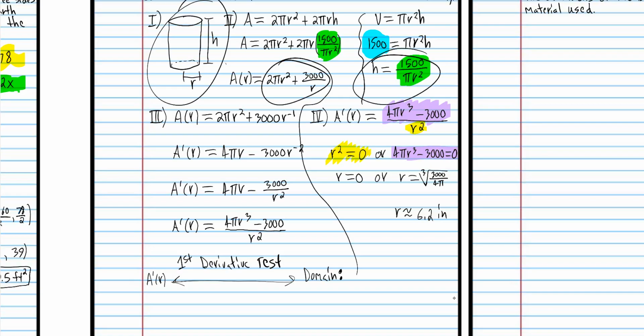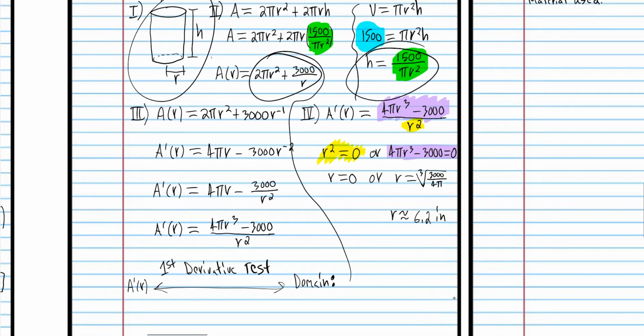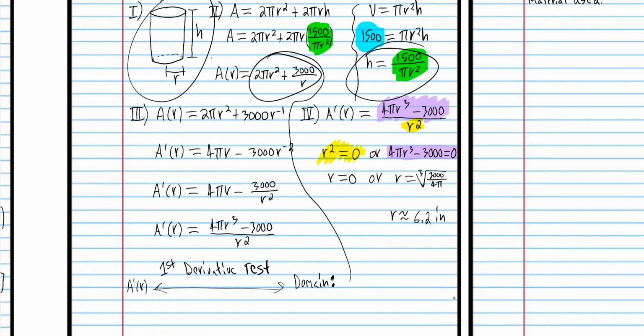As R gets bigger and bigger, H gets smaller and smaller, but H can just keep getting smaller and smaller. There's no limit to how small it can get, as long as it's a positive number. As R gets bigger and bigger, H approaches 0, but it just keeps approaching. So the domain,